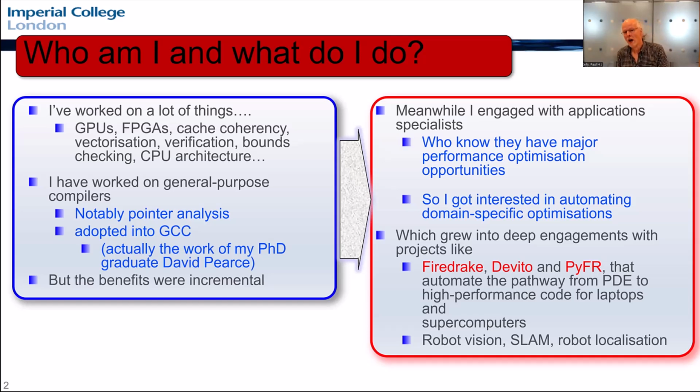That led to Firedrake, which Georg mentioned, and Devito, and I'll tell you about both of those later in today's presentation, and also peripherally in another tool called PyFR, which is kind of similar. These are all tools where you type in the partial differential equations you want to solve. You specify discretization, and the tool automates the textbook numerical methods and generates high-performance code. So we're simultaneously trying to get the benefits of a very high-level abstract programming model and the performance you get when the tool chain really knows what you're doing. So hopefully it's a win and a win.